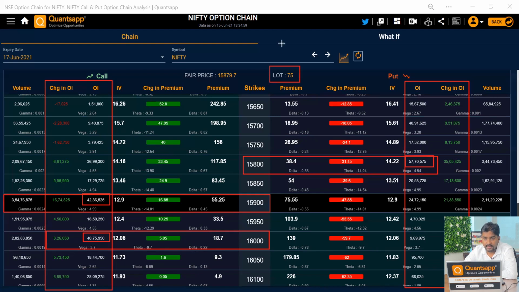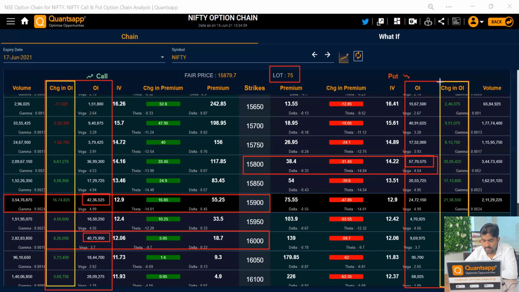Now, another column we have here is change in OI. Okay, so that is change in OI. You can check on both sides. Now, what is this? This 42 lakh contracts, the shares that we have traded, sorry. Out of that, 16 has been added today. Today's morning session started at 9:15. From that point of time till 1:40, whatever new quantities have been added is this. So change in OI is specifically for today.